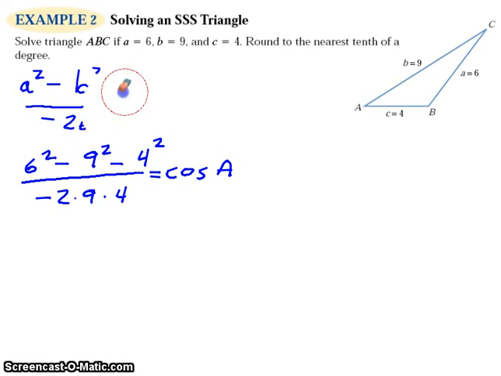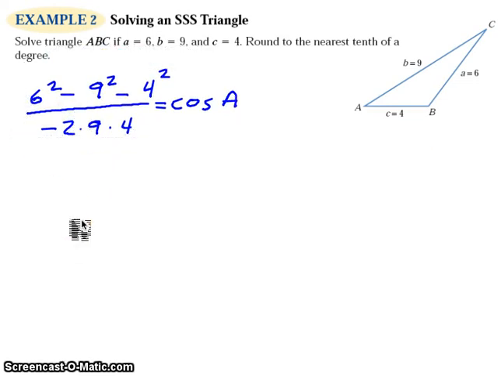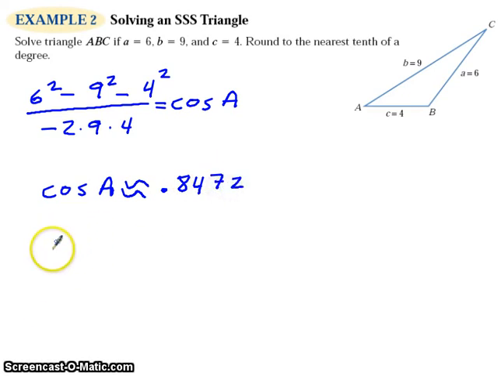I'm going to go ahead and erase this. Too much blue on my screen. Pull this up a little bit more. And let's use our calculator to figure out what that ratio is. Unfortunately you can't see what I'm typing in my calculator, but you'll get plenty of practice in the class. You get 6 power 2 minus 9 power 2 minus 4 power 2. I'm getting a negative 61, and then we divide that by negative 2 times 9 times 4, and I'm getting that the cosine of A is approximately 0.8472 with a line over it,